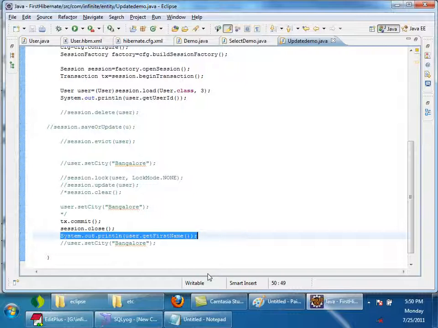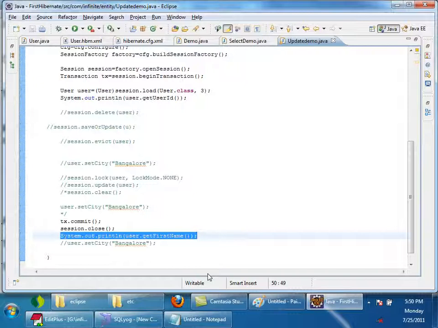A common mistake we make in our applications is that generally we fetch some data from the database in the DAO layer and pass it to the upper layer, the service layer or presentation layer. In the presentation layer, generally we will try to print those values, or the service layer will try to access it, right?